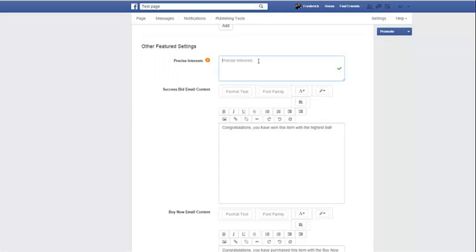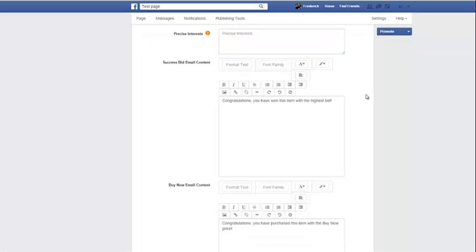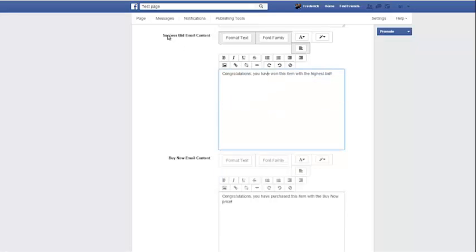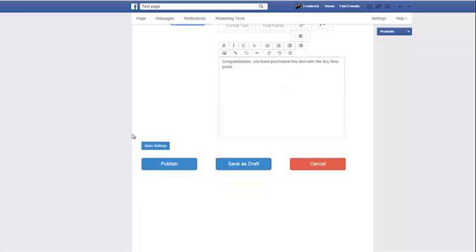In here you can enter the specific interests of people that are likely to bid on these items, and if you're using our marketing algorithm, then that will help to fuel the intelligence behind the marketing. When somebody wins, you can customize the email content which is sent out to them. So if there's specific information which they're going to need to complete the transaction, you can put it in here, and you can have separate information for bidders and people who use the buy now if that happens to be different. So once you're happy with all of that, you hit the publish button,